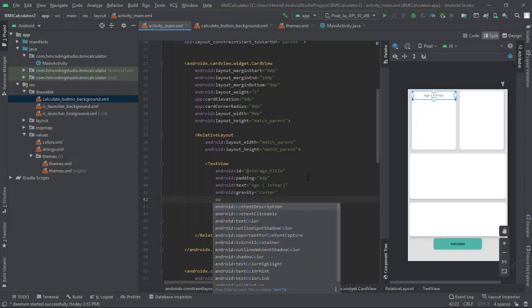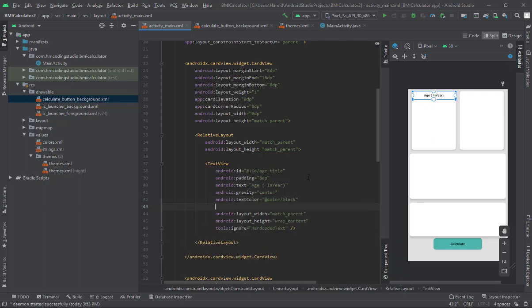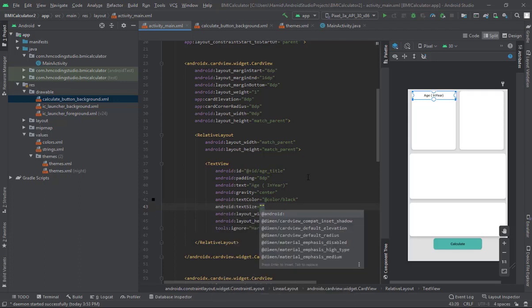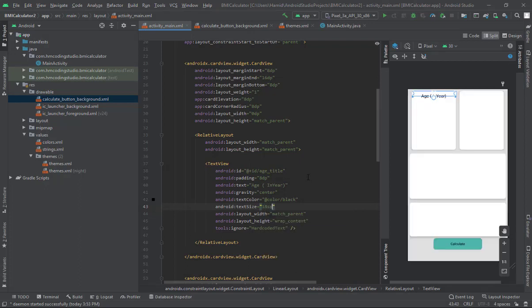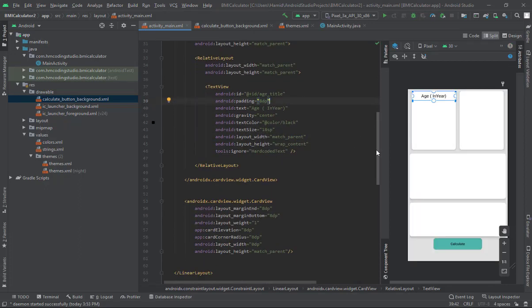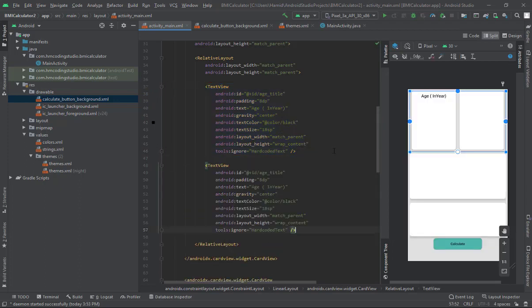We need to change the color. We give a black color, and also we need to change the size of our text. We give a text size of 15 sp. Now we are done with our text view, and now let's add our second text view. For that, what we do is simply copy our text view and then paste, and we need to change the ID,